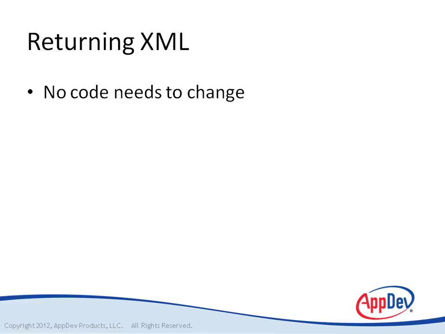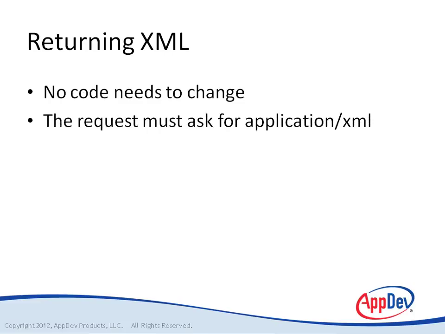The logic of going out to a URL, asking it for data, getting that data stream back, and passing it to some kind of callback function, all the things that we're used to doing with Ajax, none of that code needs to change. However, when you make the request, you need to specify that you want application/XML as your return